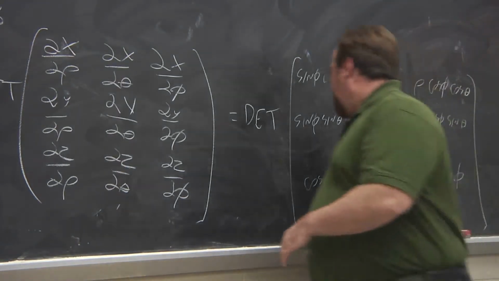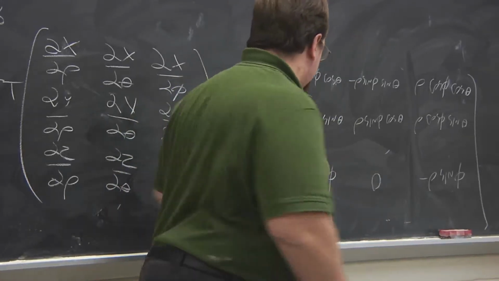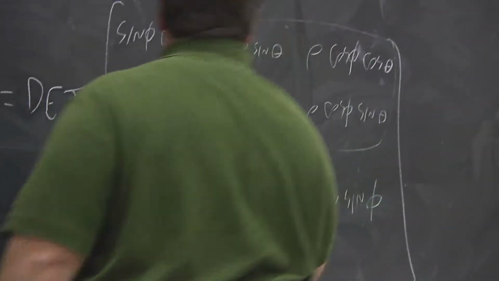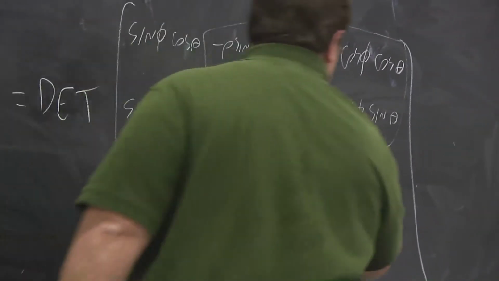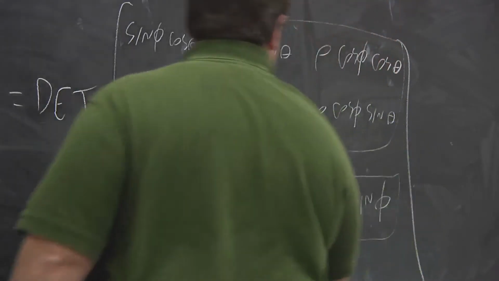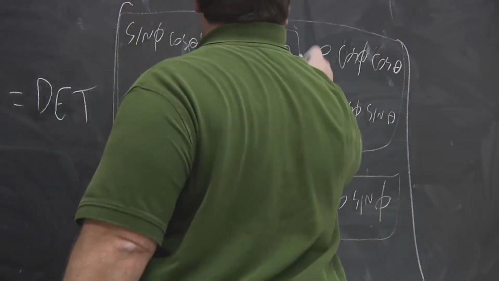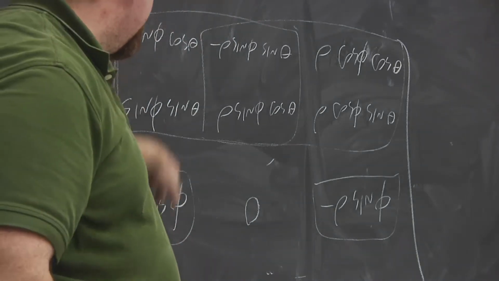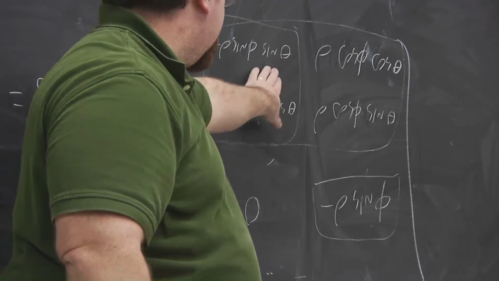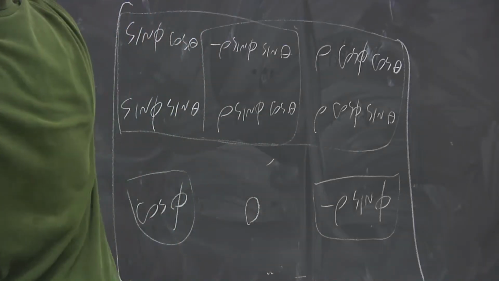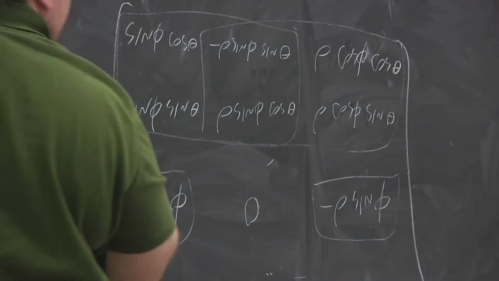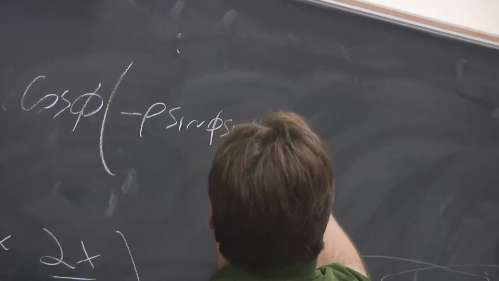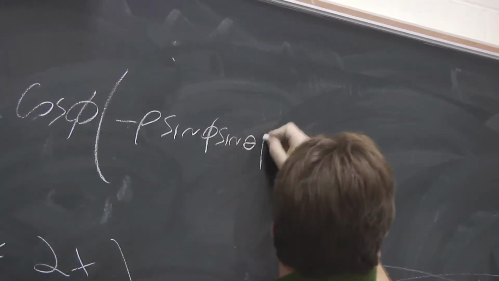We're going to take this cosine phi times the determinant of this matrix, plus this minus rho sine phi times the determinant of this matrix. Because in each case, whatever element we're taking down here, we're deleting the row and column that it is in, and then taking the rest. So we get cosine phi, and then we get minus rho sine phi sine theta, rho cosine phi sine theta,